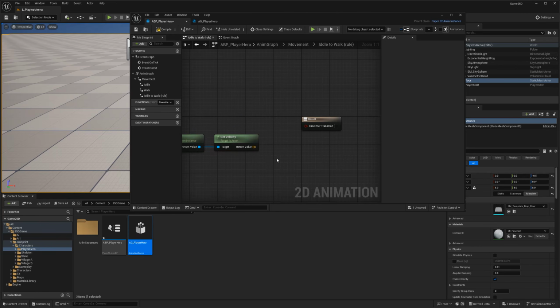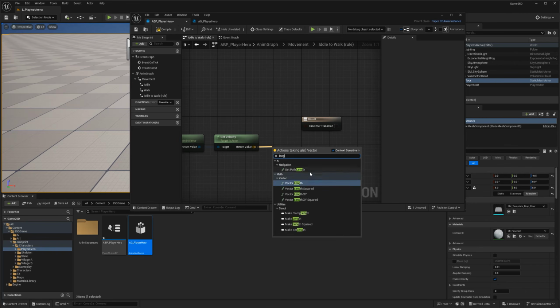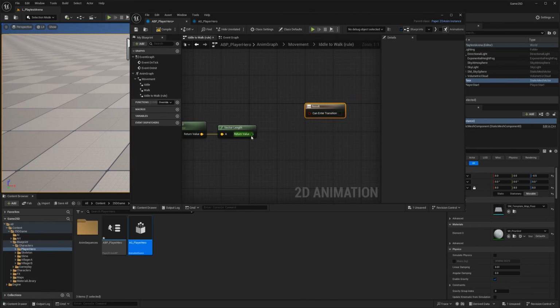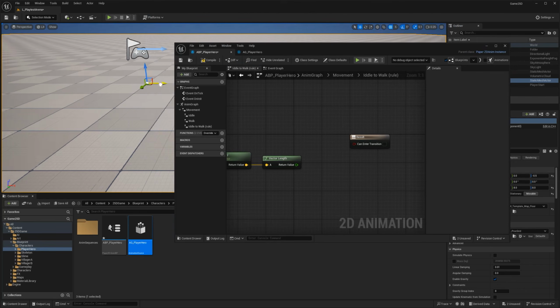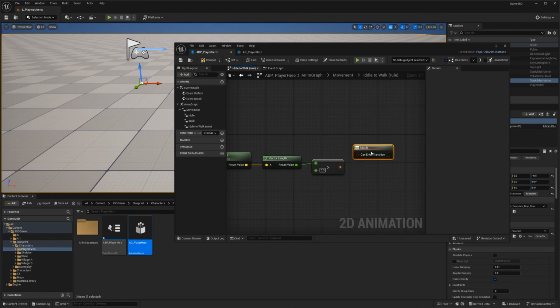But just the velocity is not enough. What it translates, so we need to get also the length of that. And that's going to be the vector length. And if that length is greater than 0, which means it moved at least 1 unit in Unreal in any axis here, then I want to play the actual animation. So I'm going to pull here and say this, which is the greater than. So it's greater than 0.